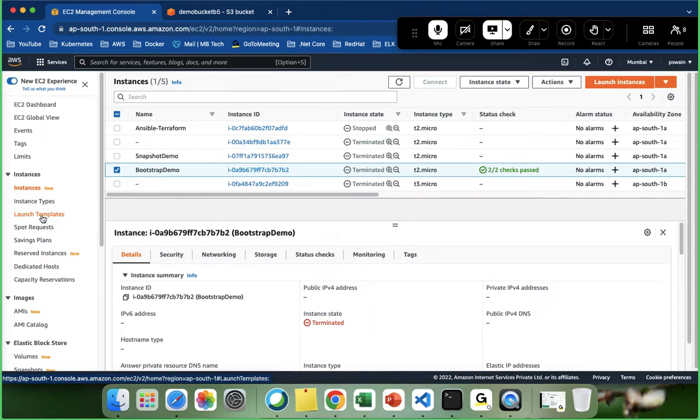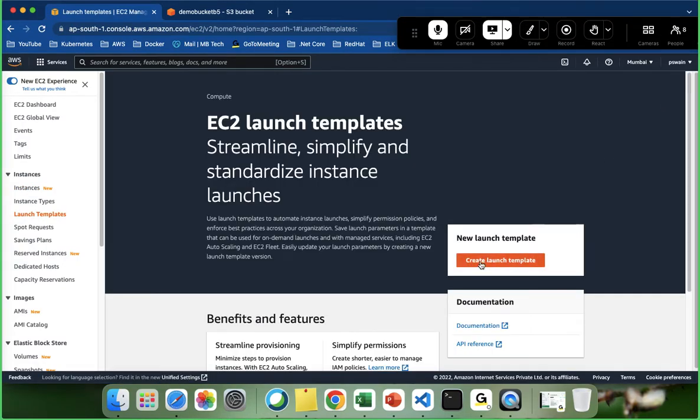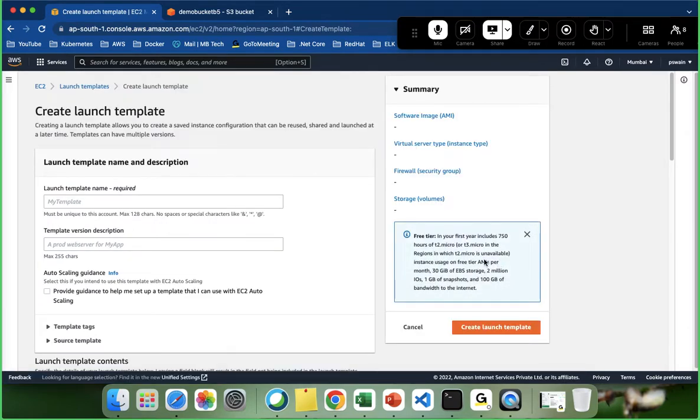It will create a new version. Okay, let's go ahead to the launch template. In this section, create launch template. As we don't have any template, it gives launch template, and here you have to provide the template name. Just give a name, and remember that launch template you can give